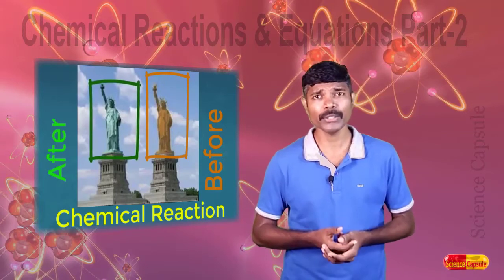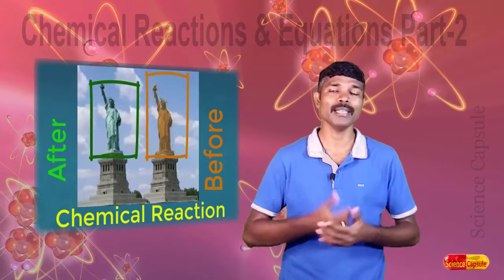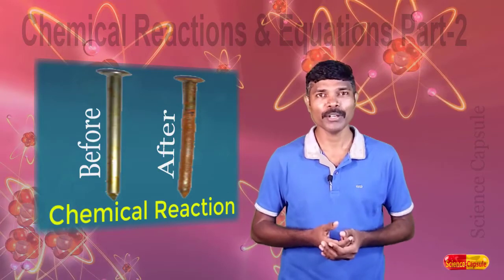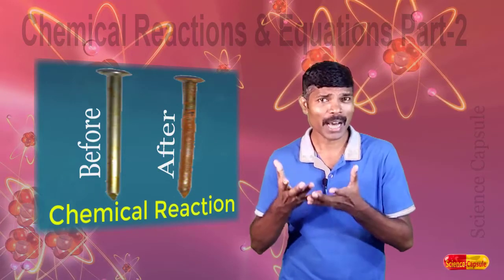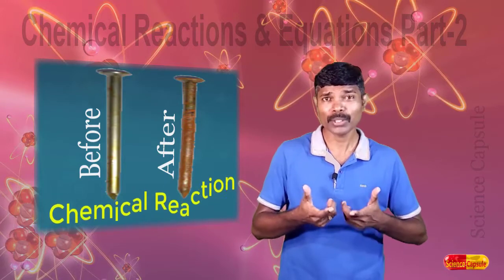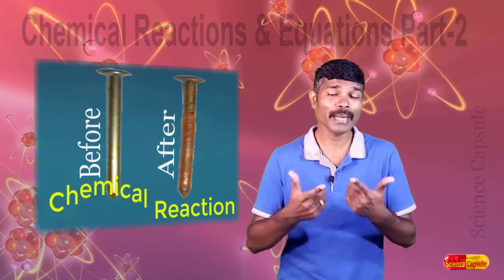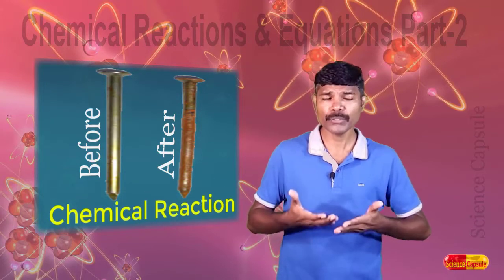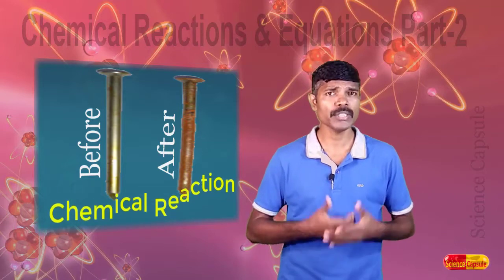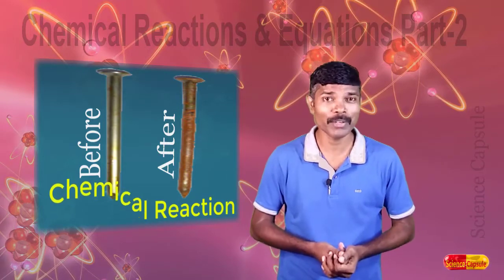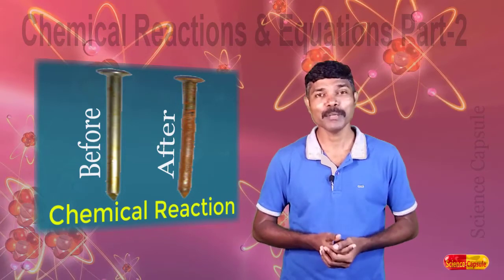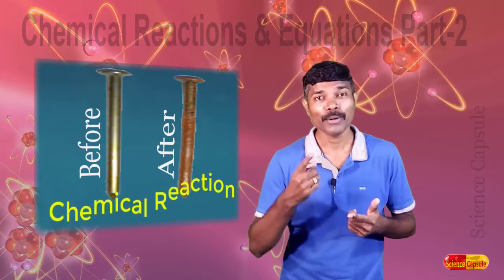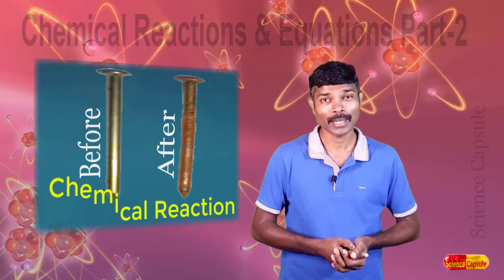Similarly, aluminum articles in your home also change their color. Iron, when exposed to air and moisture, forms rust, and we can see a dark brown color. Here also the iron objects undergo a chemical reaction. As a result of the chemical reaction, we can see a change in color. So in our daily activities, we can see numerous chemical reactions in which color change is a physical parameter. So we can say that a chemical reaction is followed by one of the physical parameters called color.